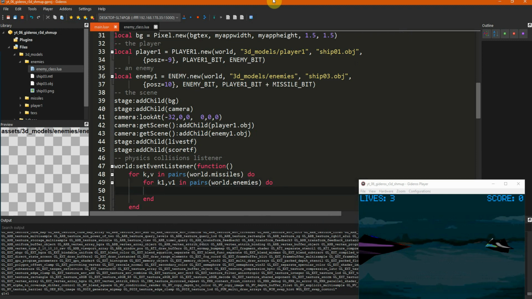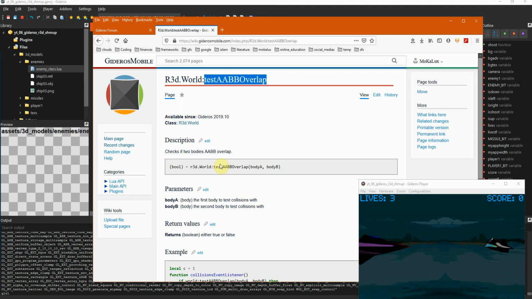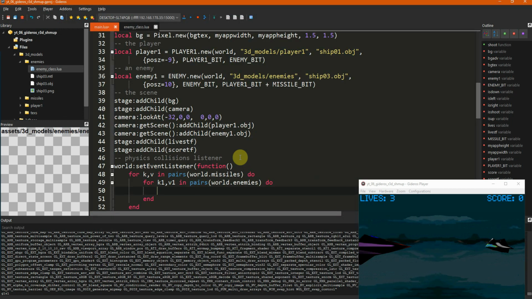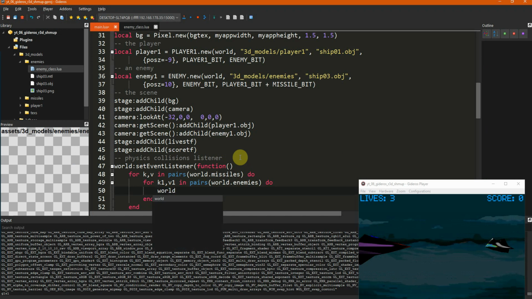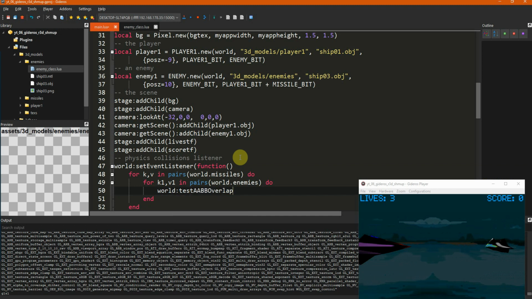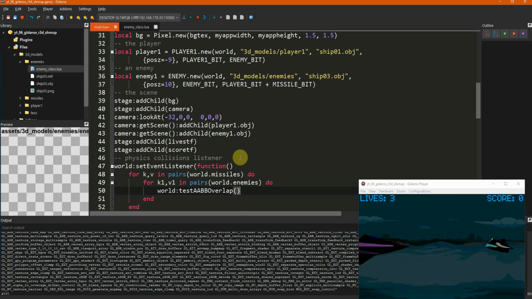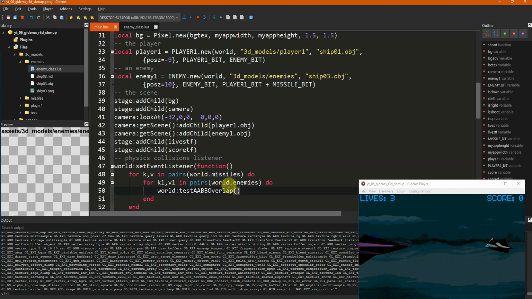And now let's go back to the wiki, we want to check r3d.world test AABB overlap. So the world in the game here is world test AABB overlap, and we pass the body A and the body B. So body A is going to be the missile's body.